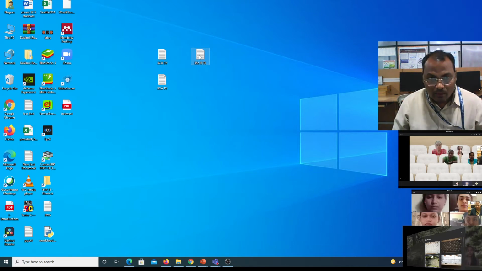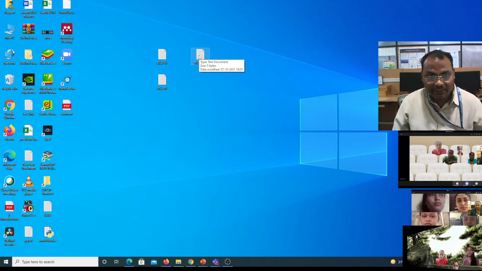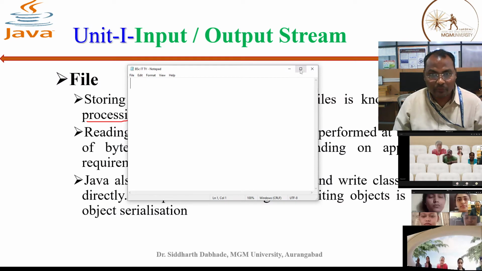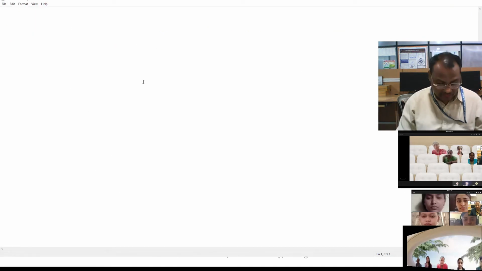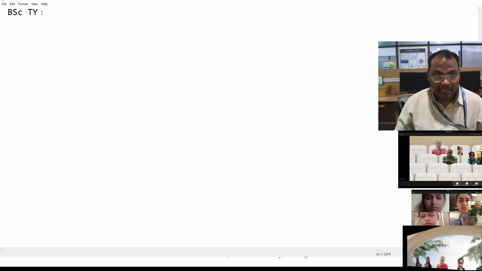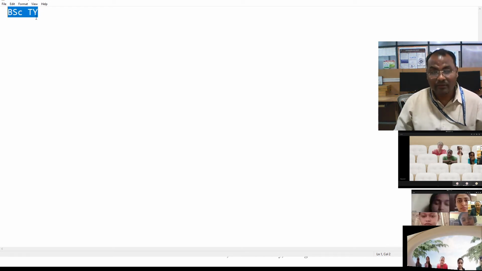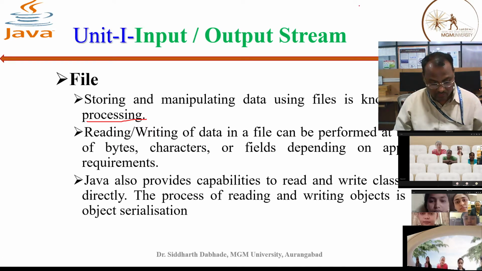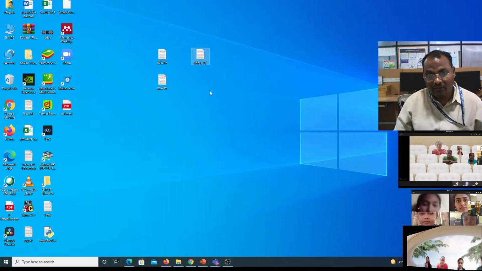Now, storing information in this file, suppose I keep the information in this file as bscty. I have written one word in this bscty. Now suppose I stored the information in this file. Now close the file.